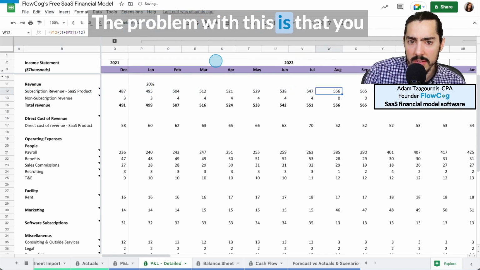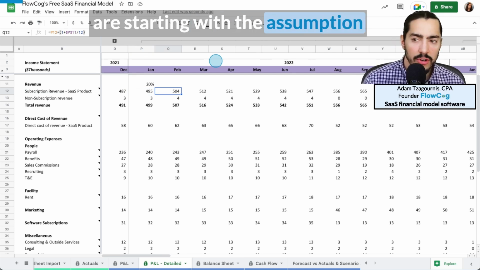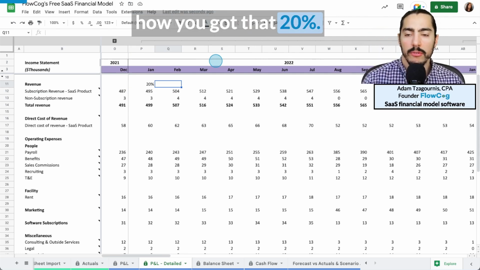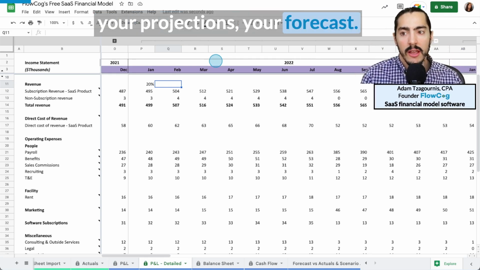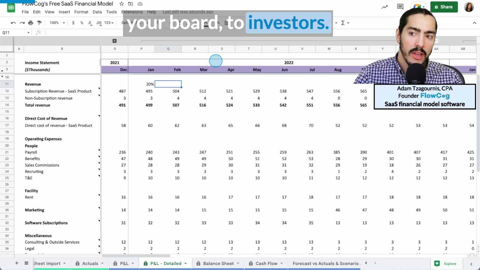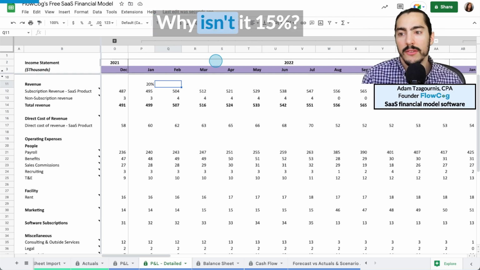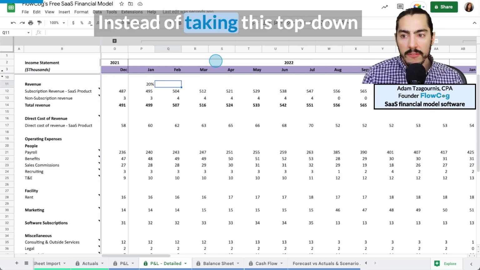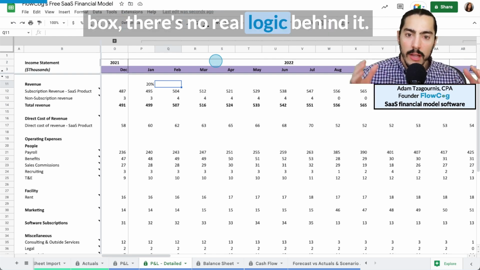The problem with this is that you are starting with the assumption that you're growing 20%. You're not proving out how you got that 20%. And that's the important part of your projections, your forecast. You'll have to answer to your board, to investors. They want to know how you got the 20% growth year over year. Why is it 20? Why isn't it 15%? Why isn't it 50% growth? Instead of taking this top-down approach where it's kind of a black box, there's no real logic behind it,